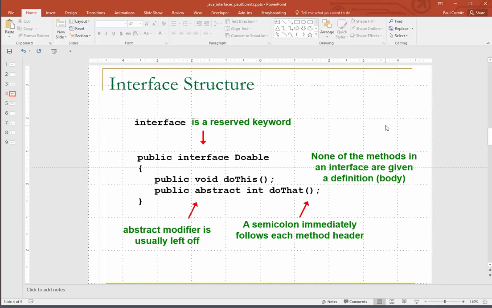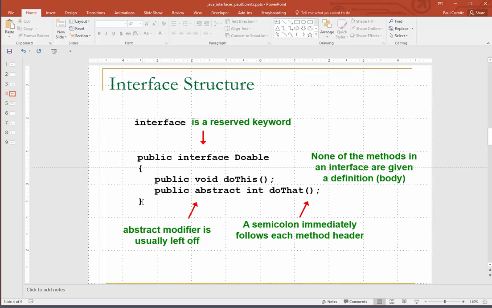So public, we declare it usually in its own file, and this particular interface would be in a file called doable.java. So here we have public interface doable, and the opening and closing scope, an opening curly brace and a closing curly brace. Within the curly braces, we have our interface, if you will, our abstract methods, method signatures only,